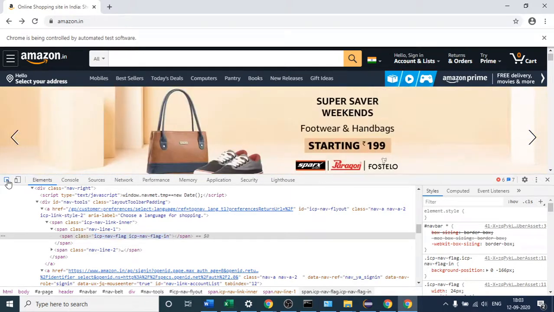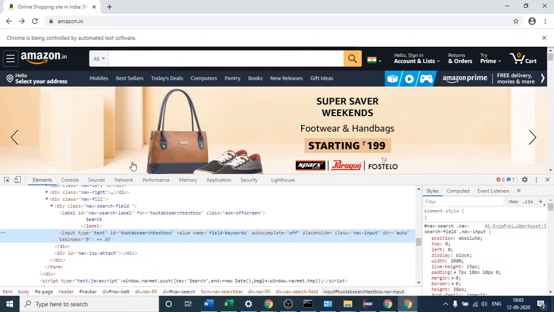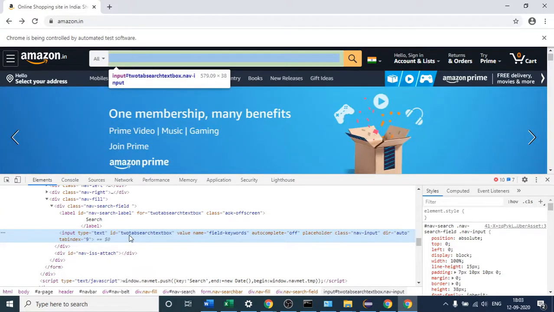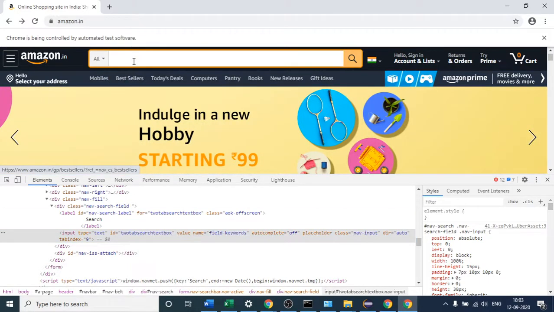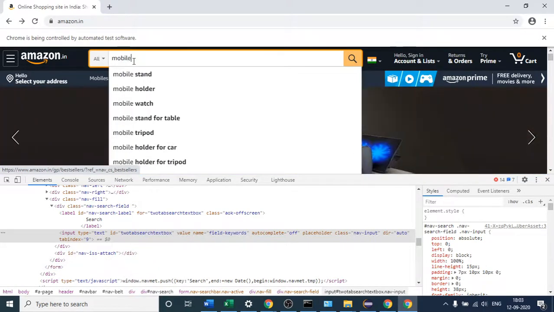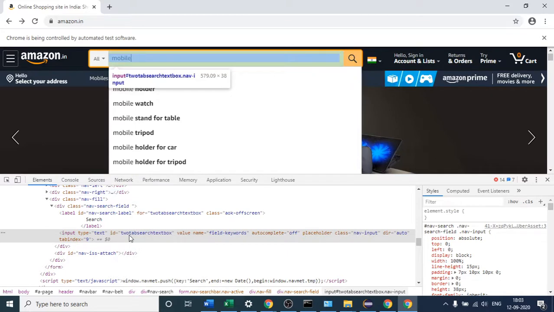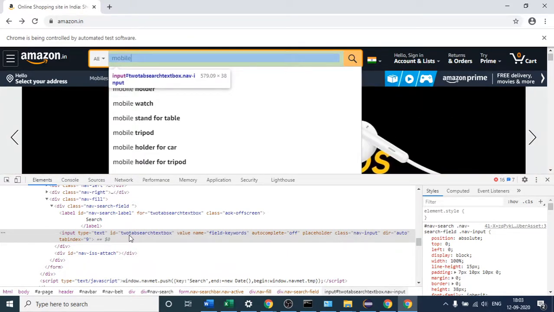Suppose I click this text box, you can see the ID of the text box is given. If you know the ID, then only you will be able to send some text, suppose you have to send a mobile number here. So you first have to know what the ID of this is, what the code of this is, then only will you be able to do that function. So is it clear to you why the page source is important?